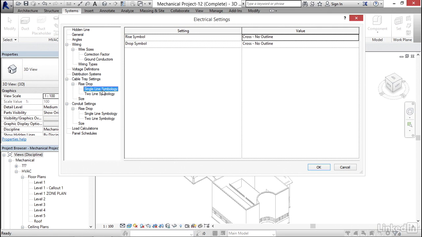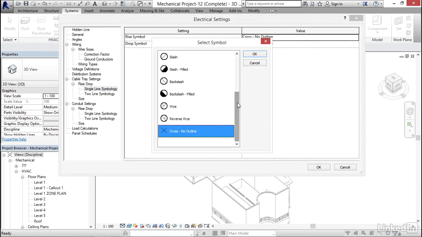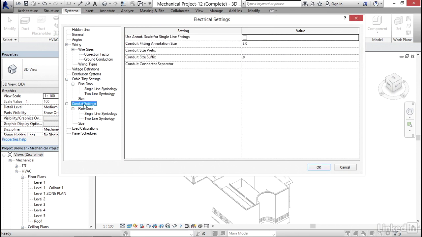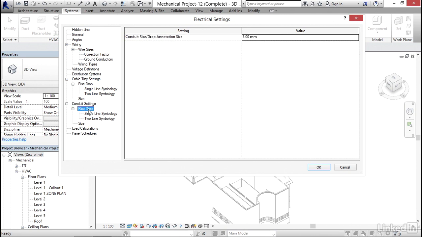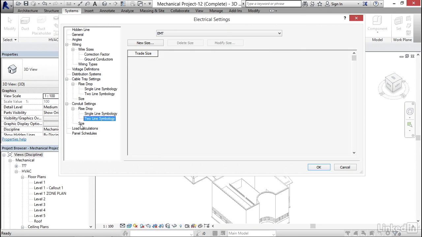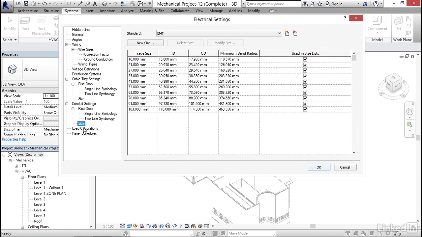The rise drop for cable tray. We can click on the builder button and select any rise drop we want. Close out of here. Same for conduit. Conduit size suffix, I like to keep the diameter here. Rise drop is the same thing. Conduit sizes, load calcs,